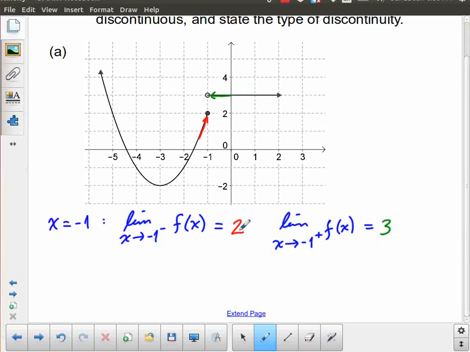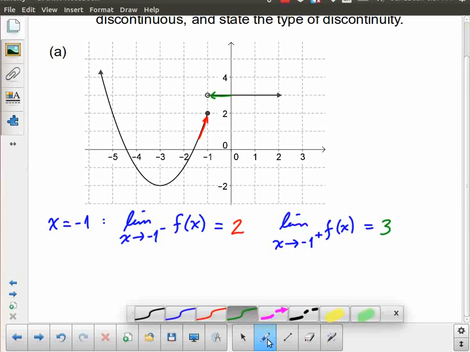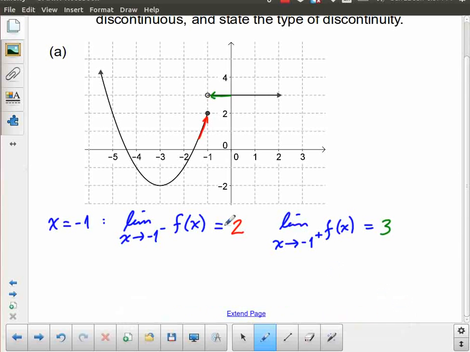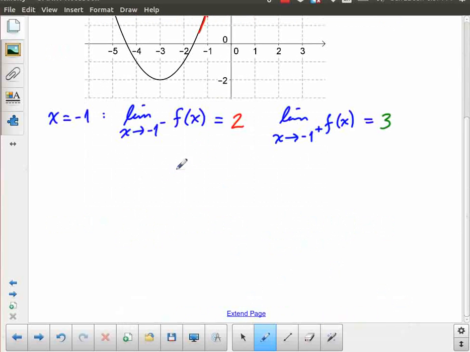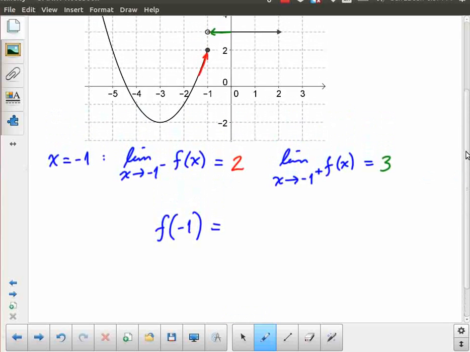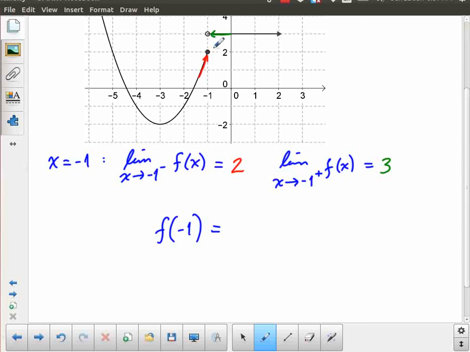So we can already see the left-sided and right-sided limits don't match each other. So just for that reason alone, this limit does not exist. We have a left-sided and a right-sided limit, but they don't match. And then the final thing we should check would be the function value at negative 1. The function value at negative 1 is that value right there. You can see we have a solid dot there, and so it's equal to 2. And so therefore f of x